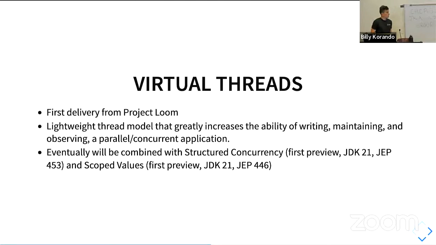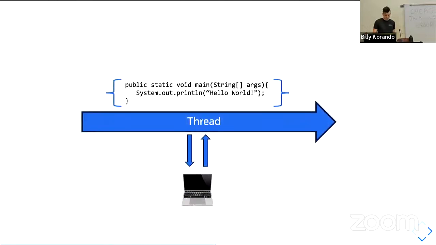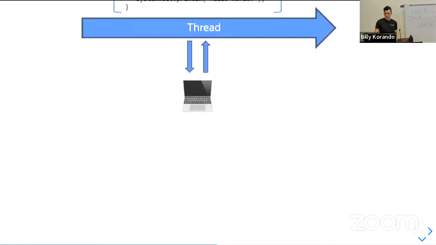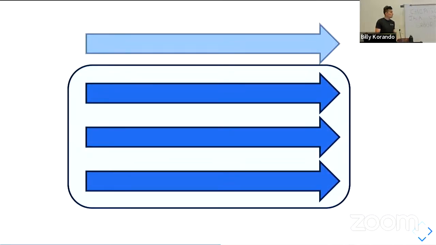Eventually it's going to be combined with structured concurrency and scope values, which I will cover a little bit later. But to briefly cover what is actually happening here, I put together a little bit of visualization. In Java, all things run on threads, whether it's a simple hello world program or any other application you write. And threads in Java have a pretty close one-to-one relationship with the underlying operating system thread. That's a relatively expensive and relatively constrained